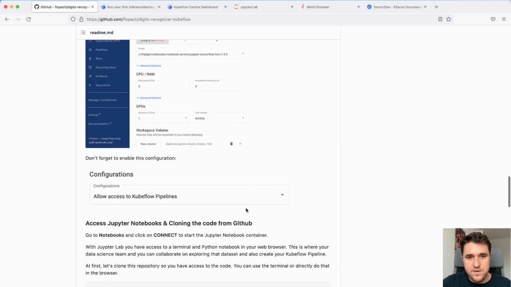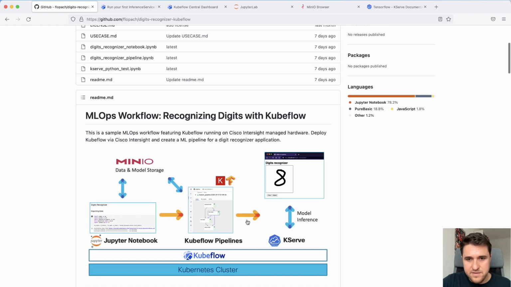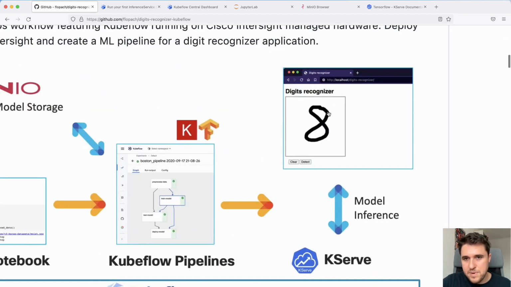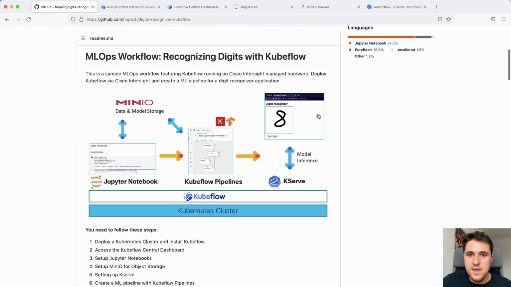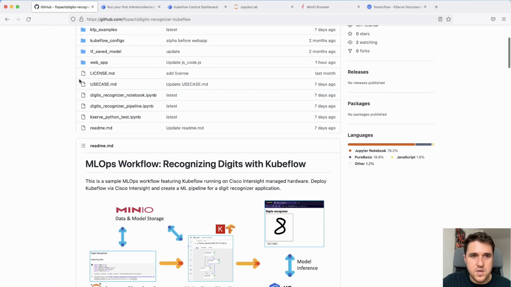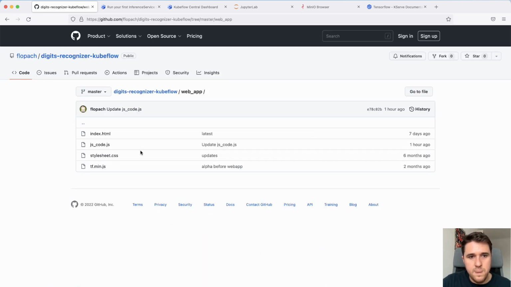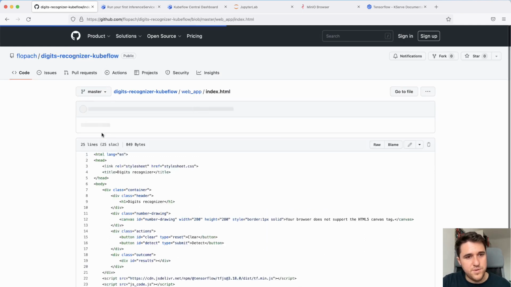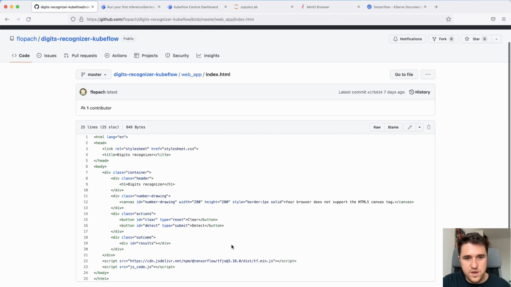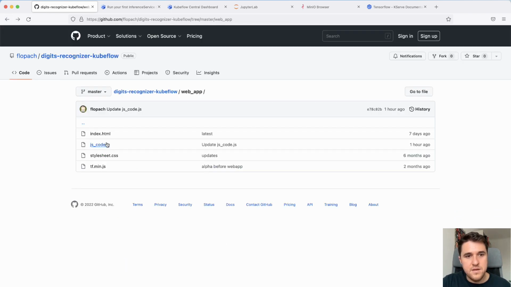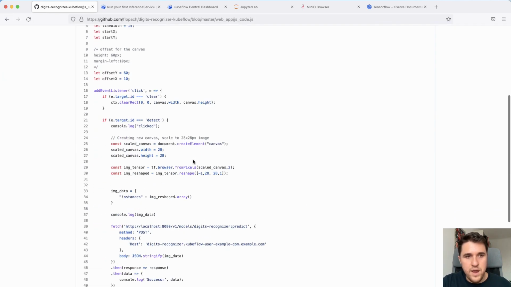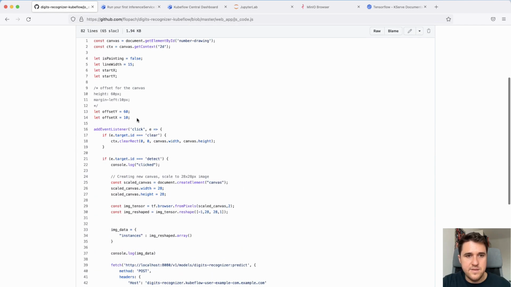So I created here, and you see it up there, a simple digit recognizer web application where you draw with your mouse, and you have this web application actually here. I just used a simple index HTML, a simple canvas, and then some JavaScript code, where basically I say, okay, the user